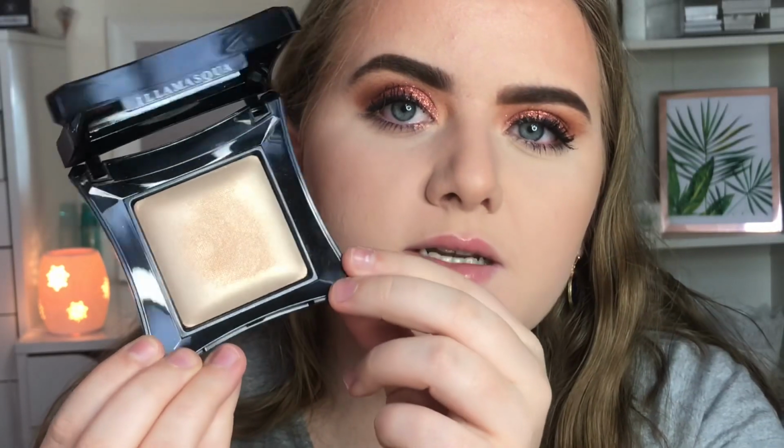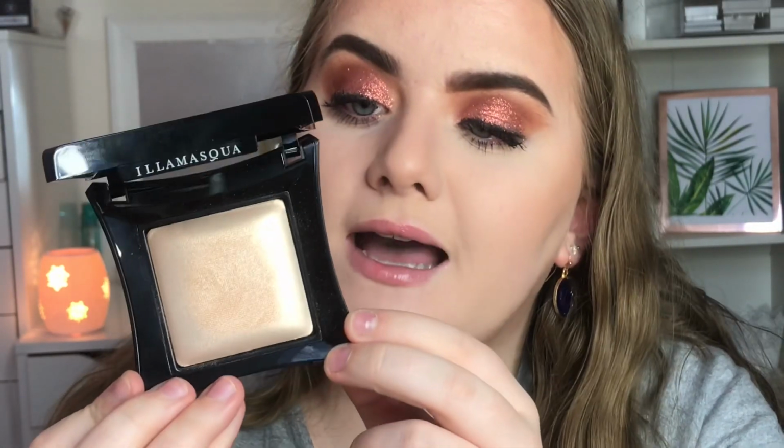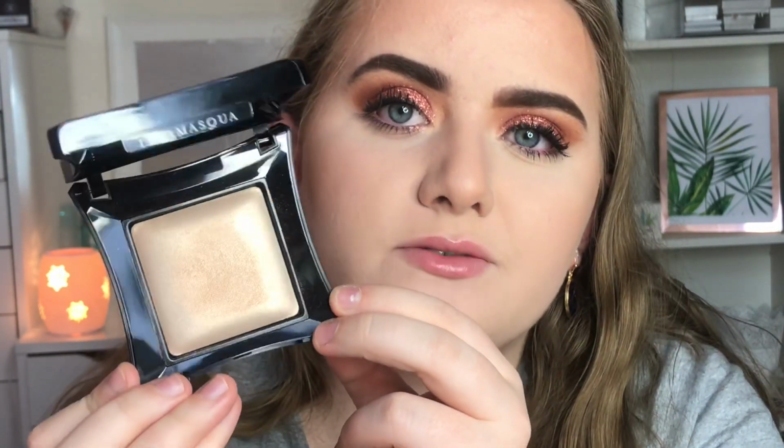So I'm going to go on to highlighter, and for highlighter I'm using a new-ish product. It's not a first impressions, but I only bought this recently, and it's the Illamasqua Beyond Powder Highlighter in OMG. So this is what it looks like. It is so pretty and I absolutely love it. It is a really nice